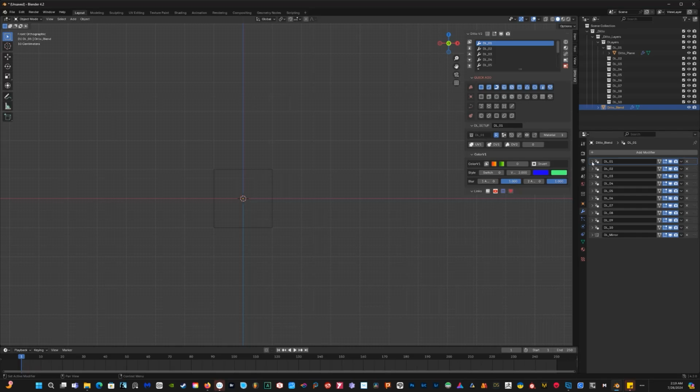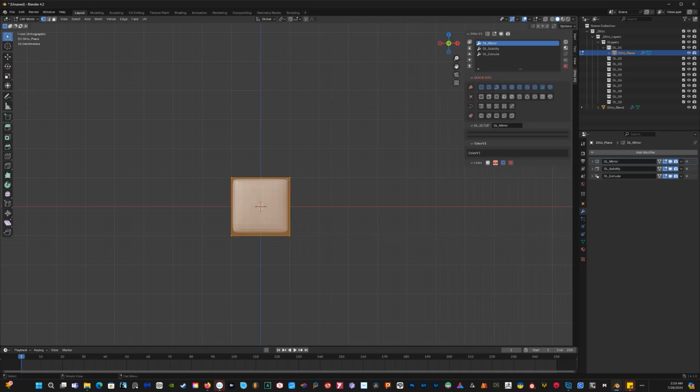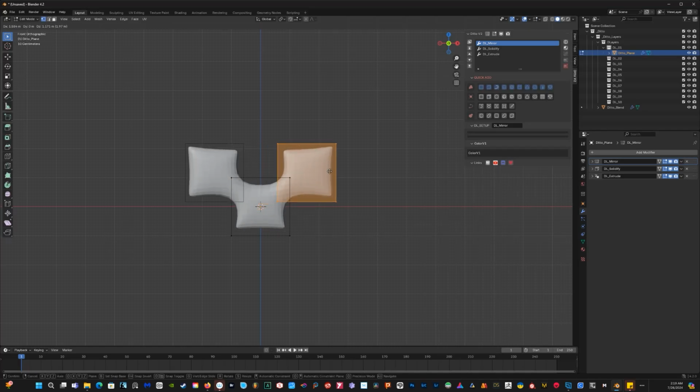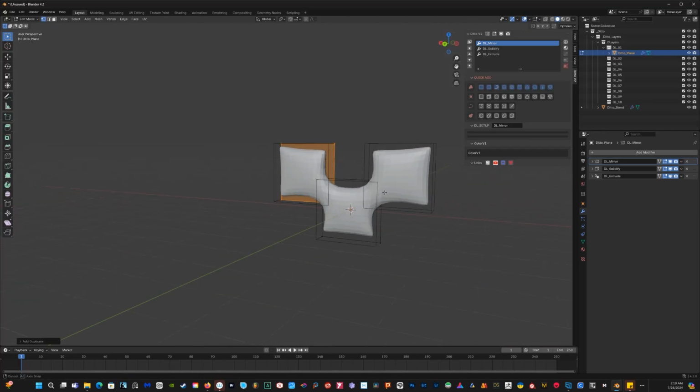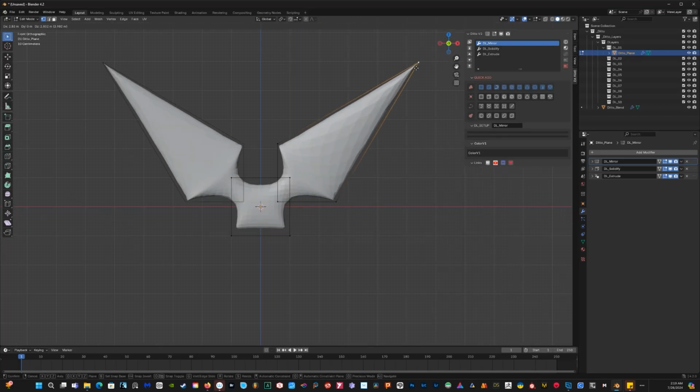If you go to Ditto, this is Ditto version 1, based on your resolution, that's a pretty good one to start off with. You don't want it too high. Now you just go in here, press Shift D, and you've got yourself modeling a plane, and it's only a plane, so you can just model it